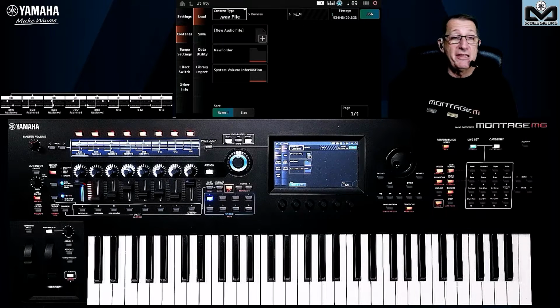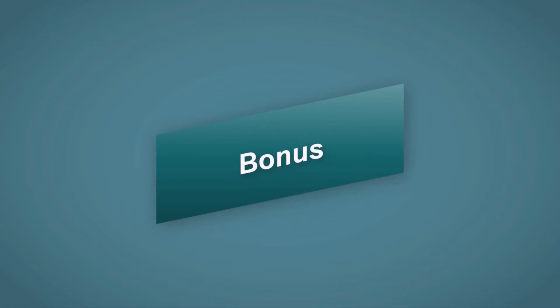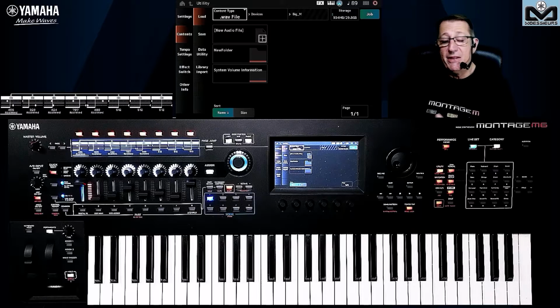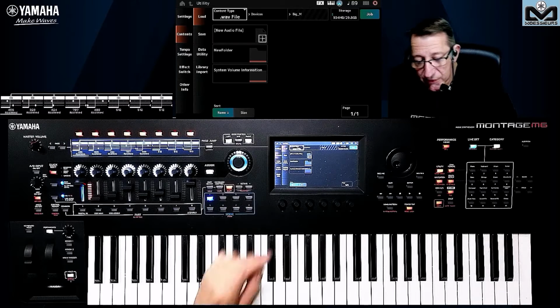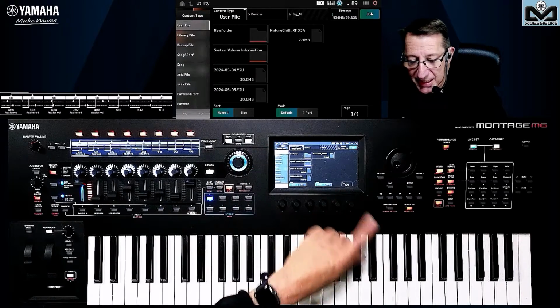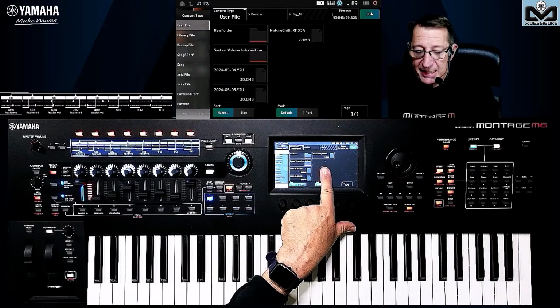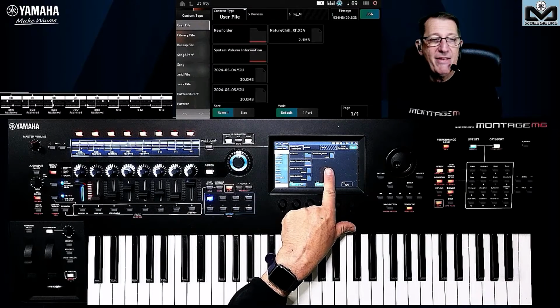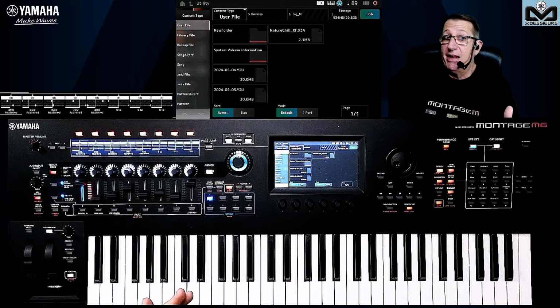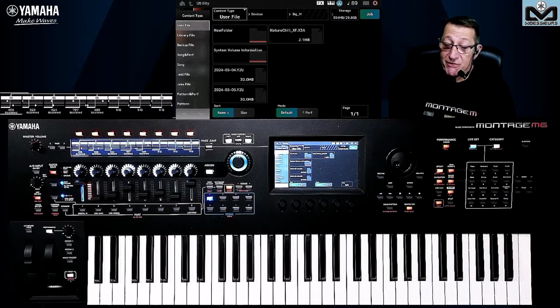And now, that's the bonus time. For that bonus, I explain to you, if I come back to the backup, first I will go on the user. We've seen somewhere here the Nature Shield underline XF.X3A. This is a Motif XF file from 2010. And we can also load some files from the Motif XS, which is from 2007. That's very great to have that.